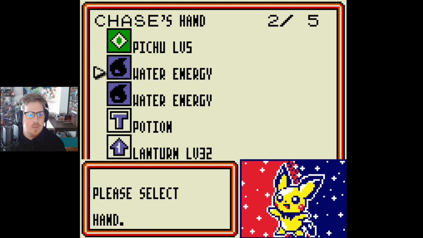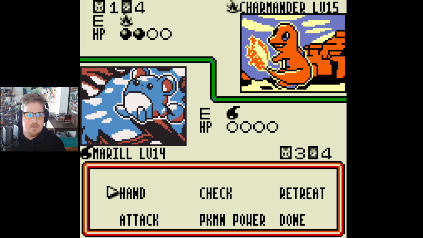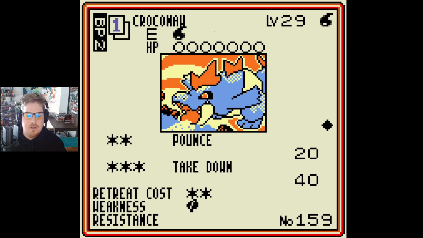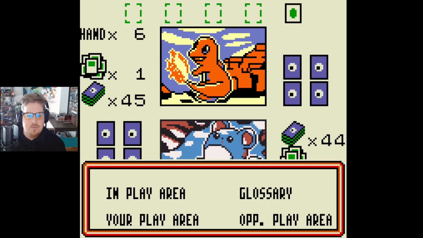So we get the Croconaw. We put the Water Energy on Croconaw. Let's also throw the Pichu out. I want to check the Croconaw one more time. So we can... All this is colorless. That's pretty good, too. Pounce. Damage reduced by 10. Okay, so I think we're actually going to be in a really good spot, because we're going